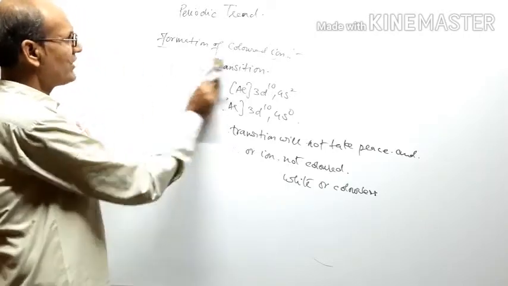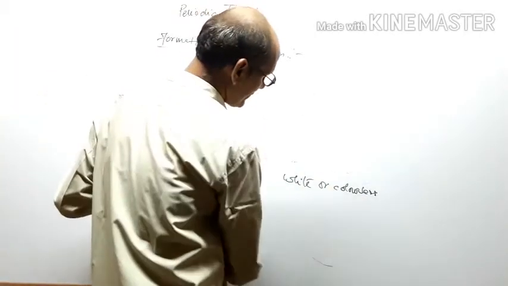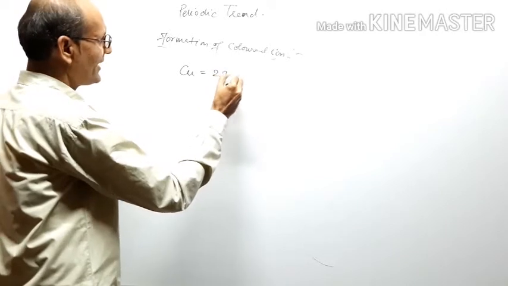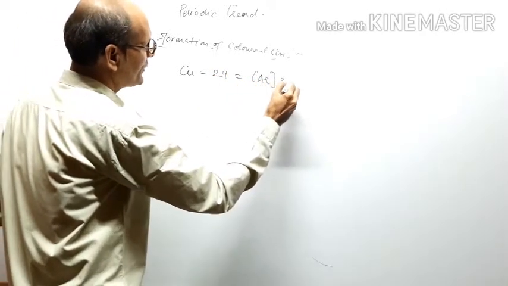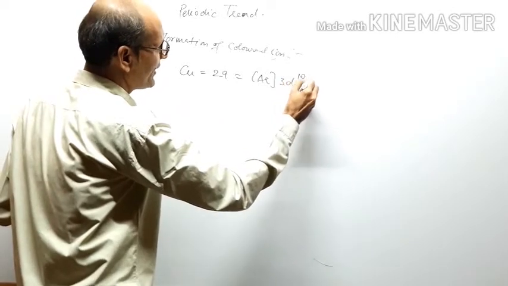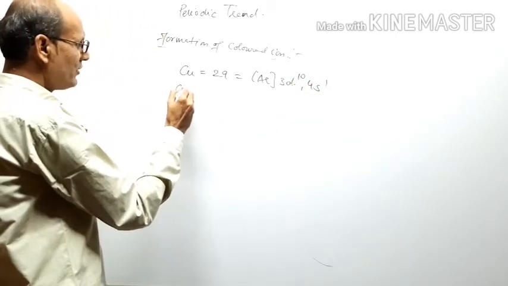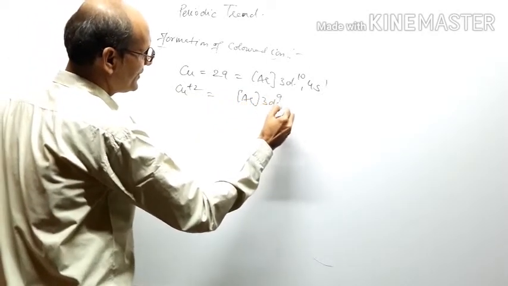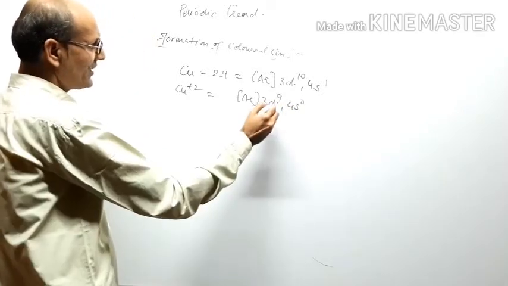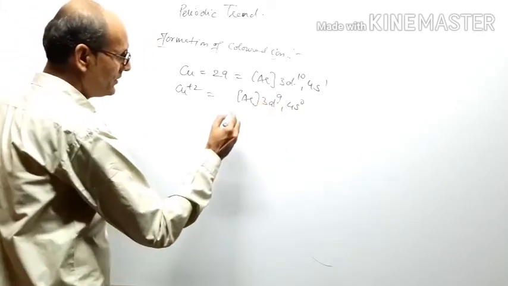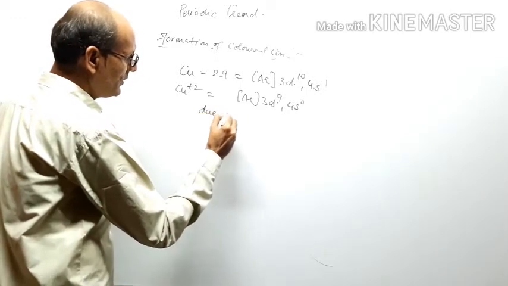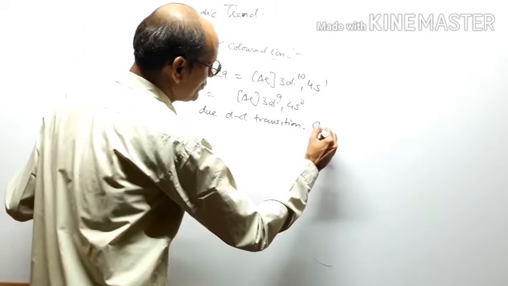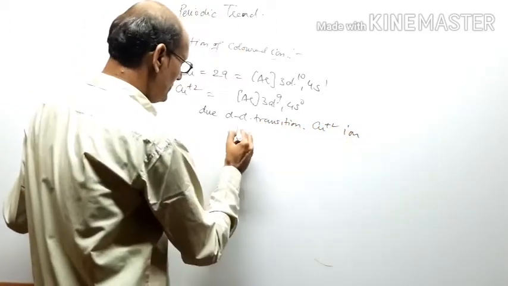On the other hand, if we look at Cu2+, Cu (atomic number 29) has the electronic configuration [Ar] 3d10 4s1, while in the case of Cu2+ you get [Ar] 3d9 4s0. So it contains one unpaired electron here. So due to d-d transition, the Cu2+ ion will be